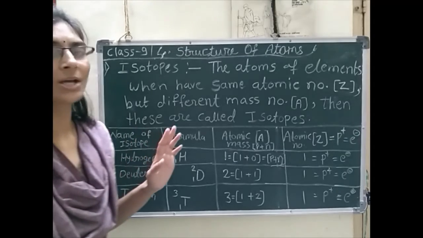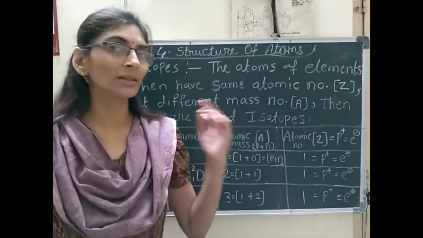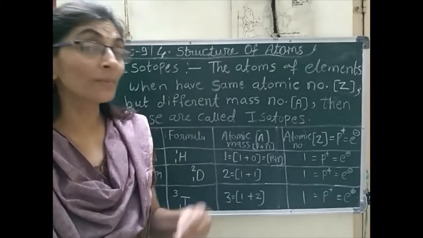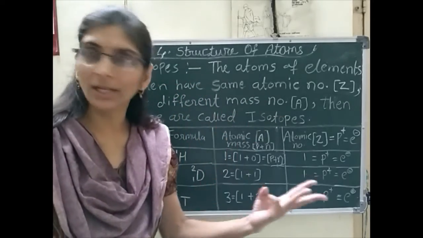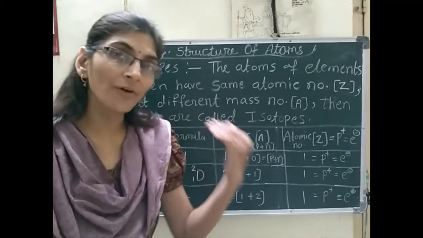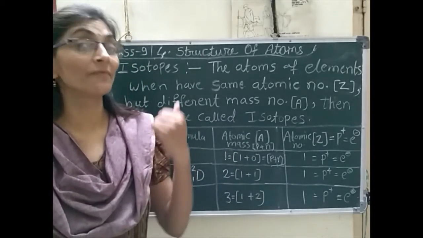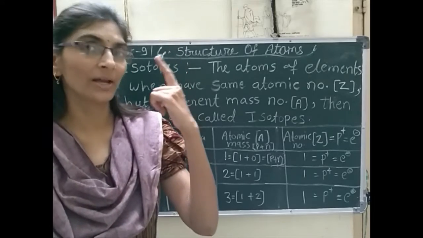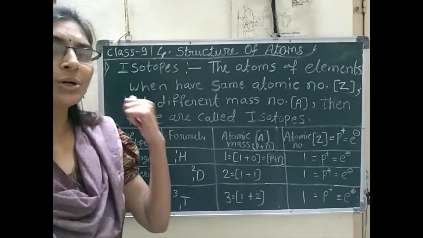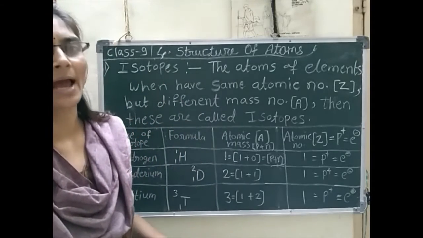So we will see in this chart examples of isotopes. So hydrogen atom is having 3 isotopes, oxygen also having 3 isotopes, carbon atom is also having 3 isotopes, nitrogen is having isotopes, sulfur is having isotopes, and again very important, uranium, a radioactive element, that also has isotopes. Many atoms are having isotopes.